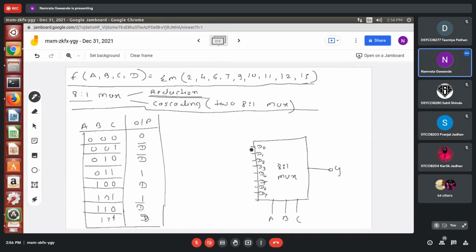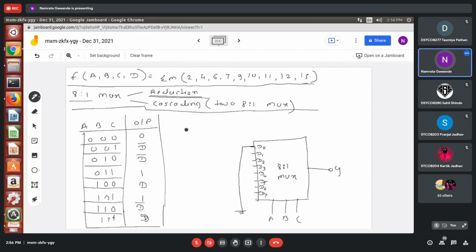This is 0, so D0 is 0. Only one select line combination is connecting to data input D0, so D0 should be connected to logic 0, grounded. This symbol indicates ground. Then D bar. How to take D bar?